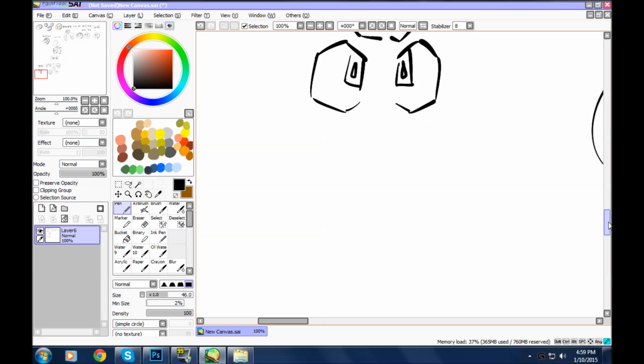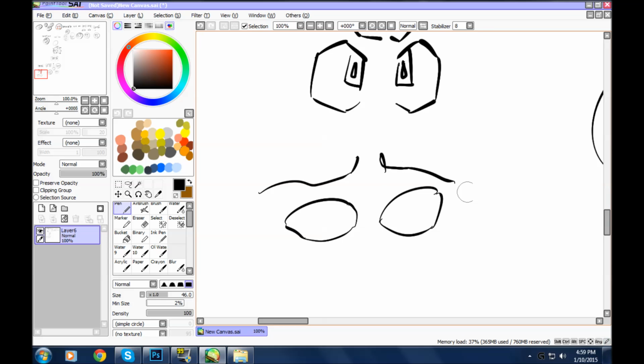Also, something I figured out, if you're trying to draw a crying character, like a character who's really sad in a situation, like, "I'm so sad and it makes me want to cry," then one of the best ways to do that is not necessarily to draw tears like that, because that's going to look really bad most of the time. I mean, sometimes you can get that to look good, but it's hard. Instead, you just draw the edge like there's a puddle of water. So you pretend there's a puddle of water on the bottom of the eyelid,